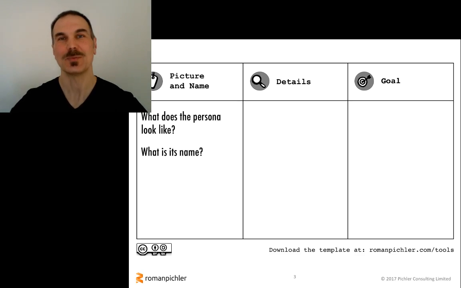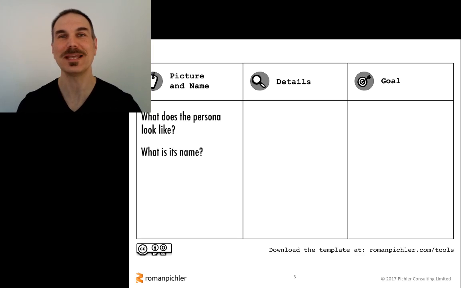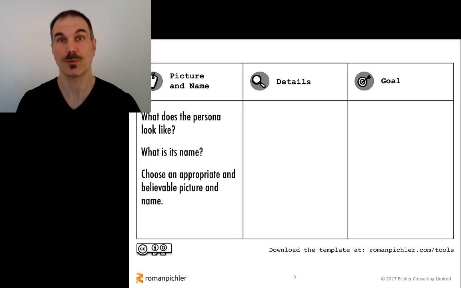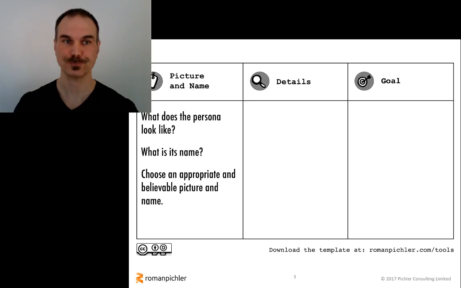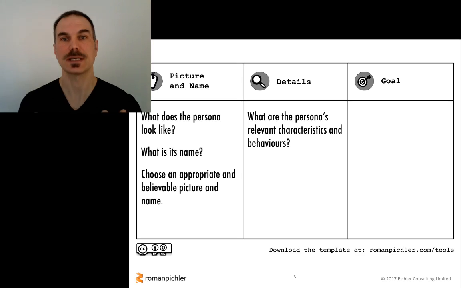Now, why is that? Well, the idea is to make your personas more concrete, more believable, make it easier to relate to those descriptions. Develop empathy for the users, for the customers that are represented by this fictional character. What I would suggest, though, is that you choose an appropriate picture, an appropriate name that is truly representative for the target group. The next section, the details, wants to encourage you to capture the characteristics and the relevant behaviors